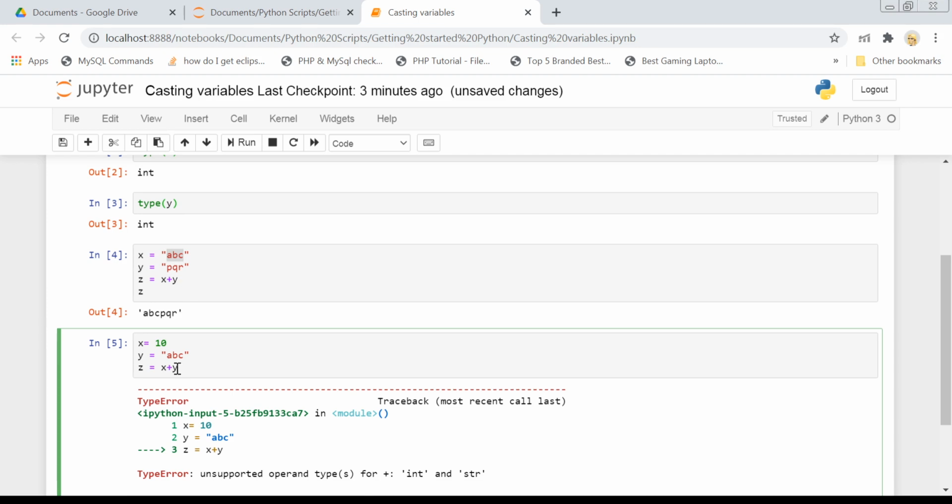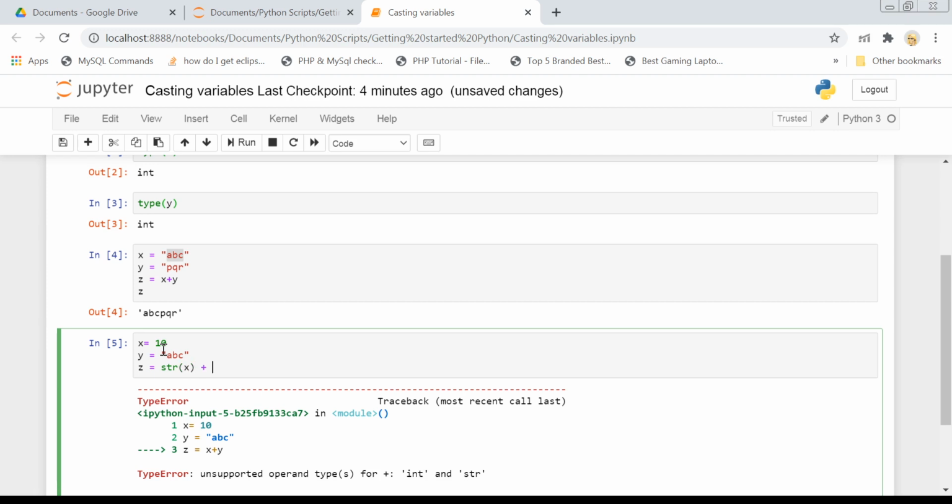Now what will happen here? If I want to do this operation, I have to cast my integer into a string or my string into an integer. Let's see the first case, in which I am casting my integer into a string. To cast an integer, or actually any variable, into a string, all you have to do is use the str function and pass that variable in it.